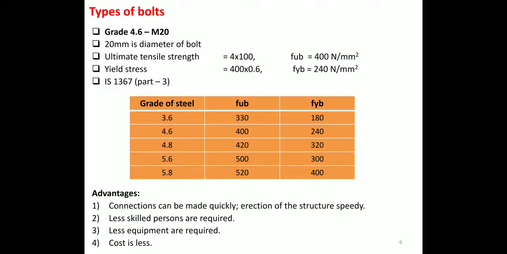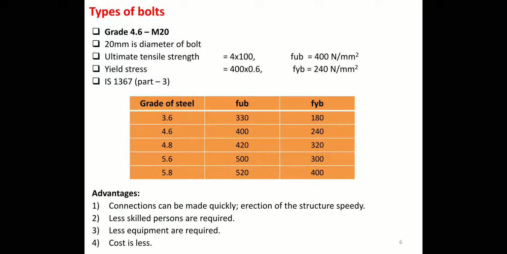With the help of this 20 mm diameter bolt of grade 4.6, we have to find out the ultimate tensile strength. It can be found out where 4.6, the first digit 4 multiplied by 100, so FUB, that is the ultimate tensile strength of the bolt, is equal to 400 Newton per mm square or